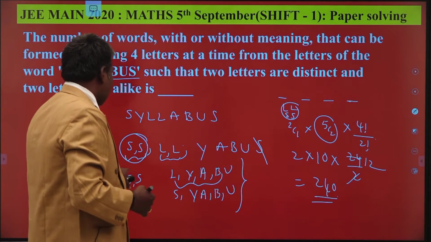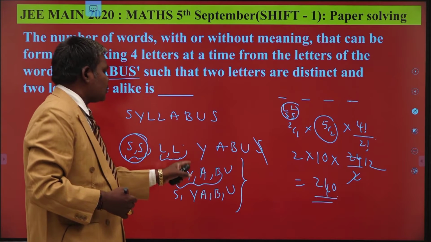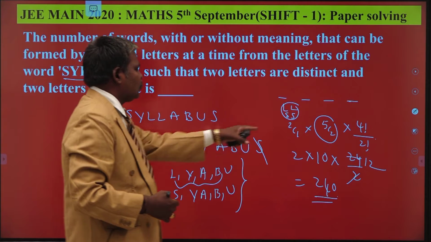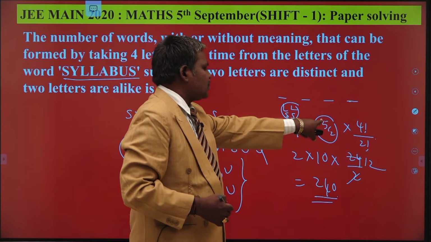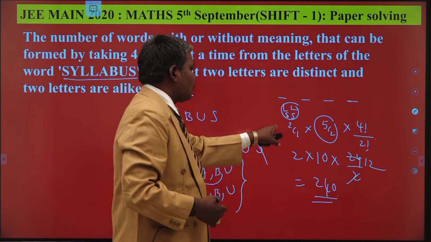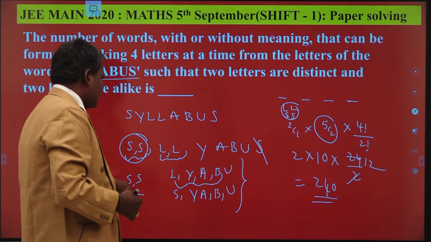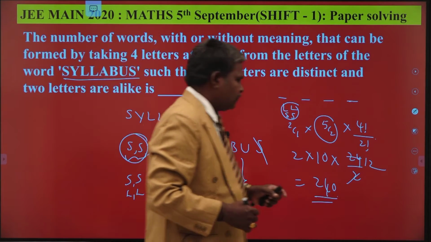When you select 2 S, 1, 2, 3, 4, 5. Out of these, you have to select 2 different letters in 5C2 ways. So 5C2 is the number of ways of selecting two different things out of 5. 2C1 is the selection of one pair out of two pairs. That is either both or else. Understand?